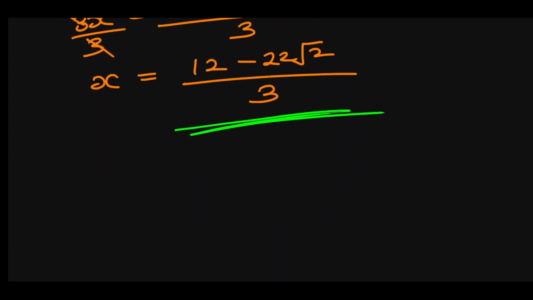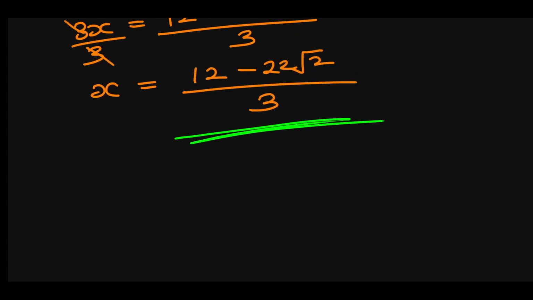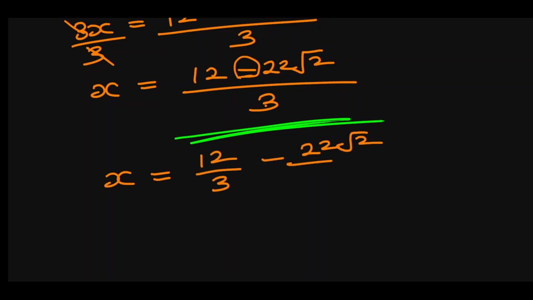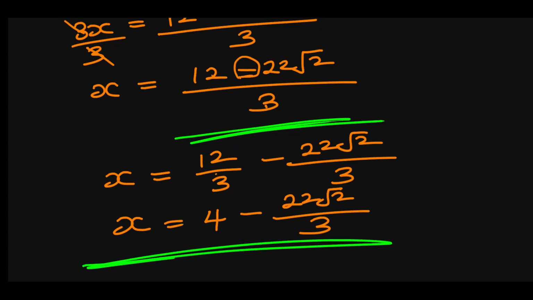Or if you want to simplify it further from what we said when we discussed algebraic fractions, we said this 3 can divide this even if the operator here is a different family, provided the 3 divides each of them individually. So what you are saying is that we can write this as 12 over 3 minus 22 root 2 over 3. Unlike if this was multiplication where the 3 can only operate with one of the terms. If it is minus or plus, the 3 has to operate them individually. So this can now give us 12 over 3 is 4. So 4 minus 22 root 2 over 3. So this is also an appropriate answer.